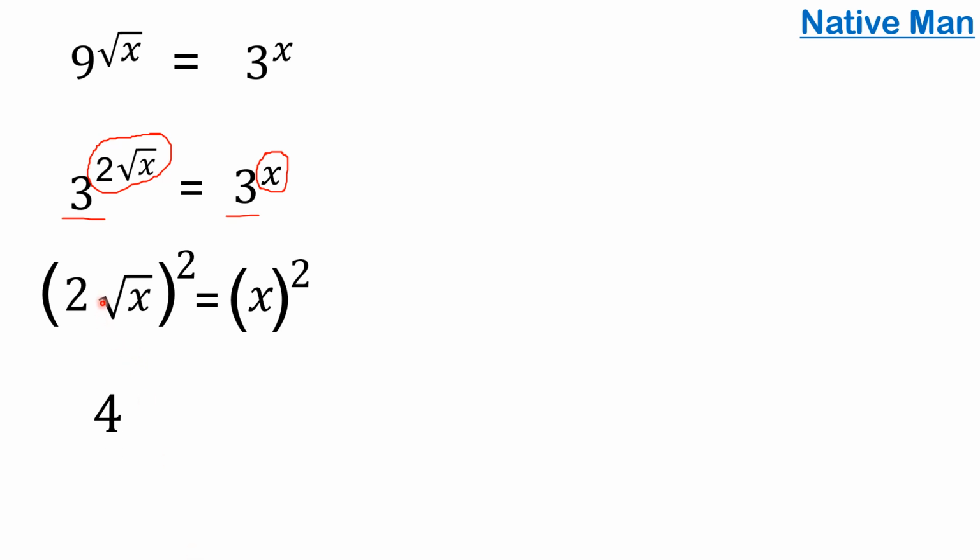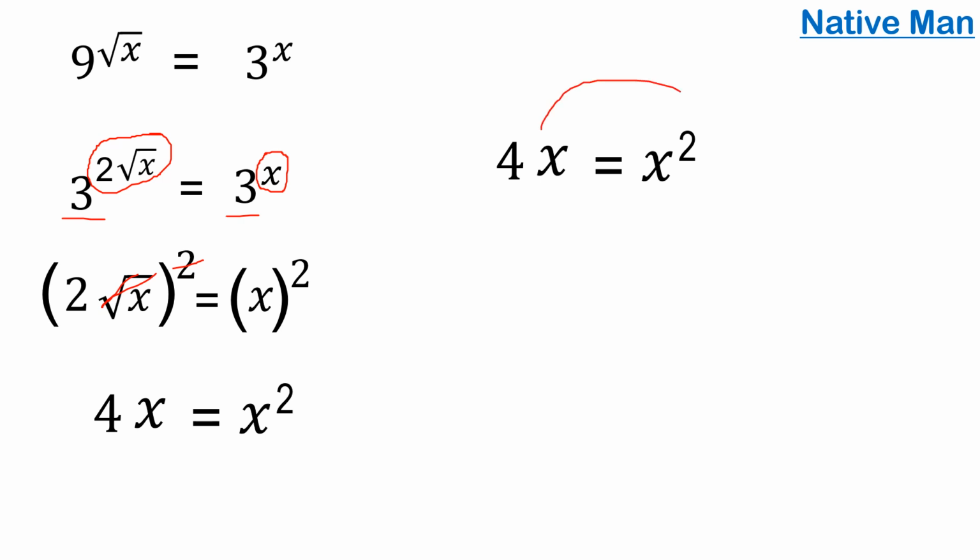And then how do we simplify this one? Square root of x, then squared. If you square a square root, you just cancel the square root and the square. What is the remaining here? The variable x. So that will become 4x is equal to x raised to the second power, x squared. I'm going to write it here. Now we are going to solve for x. The square root is removed already. We're going to transpose 4x to the right side. So it becomes x squared.